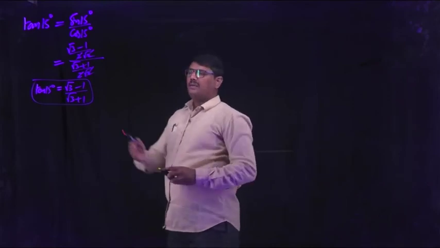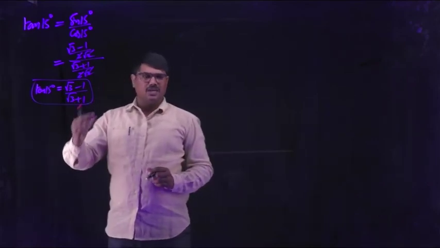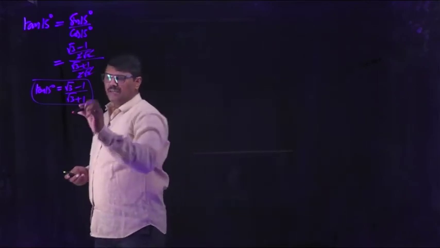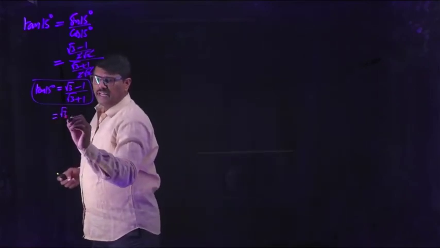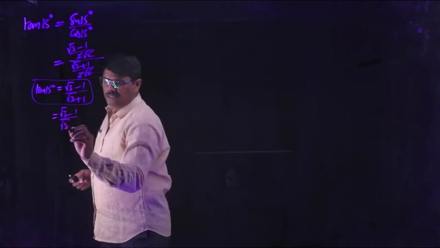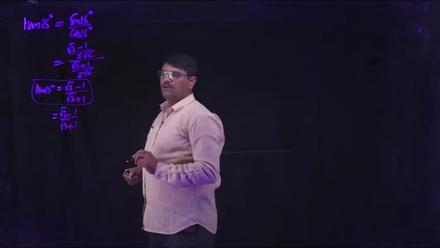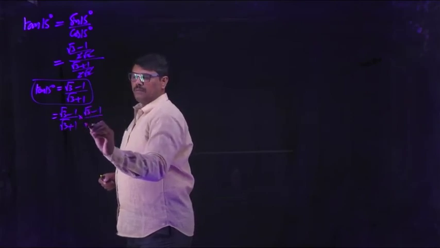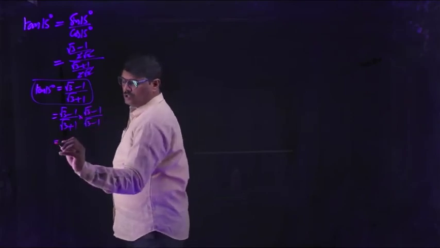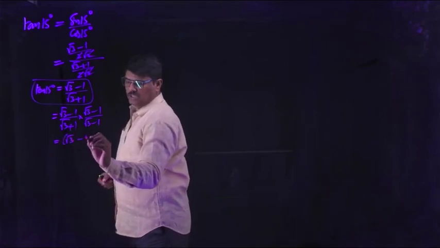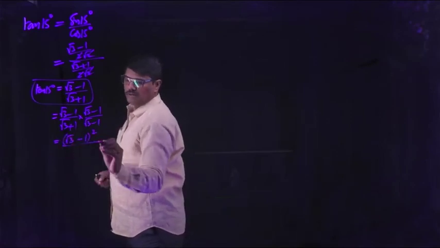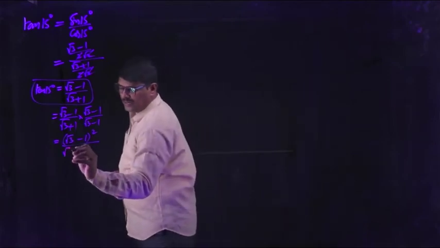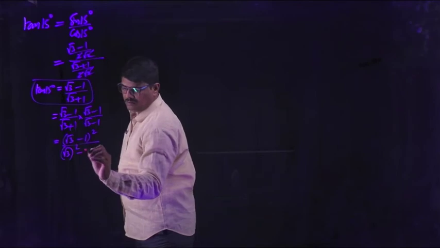Generally, if the denominator contains any surd part, we rationalize it. By rationalizing the denominator, we will get another format. So root 3 minus 1 by root 3 plus 1: its rationalizing factor is root 3 minus 1 by root 3 minus 1. The numerator becomes root 3 minus 1 into root 3 minus 1, which is root 3 minus 1 whole square. The denominator is like a plus b into a minus b, so write that as a square minus b square.